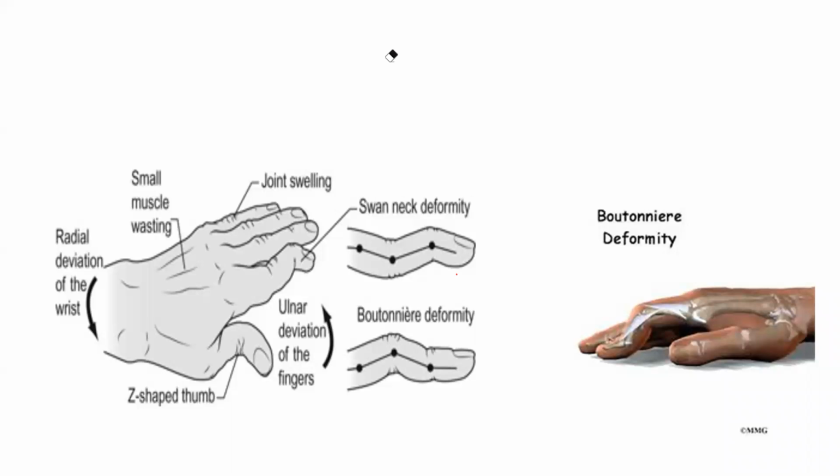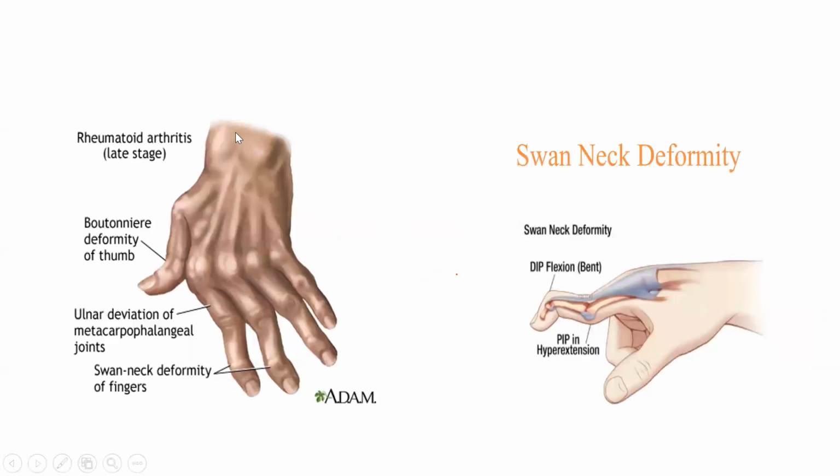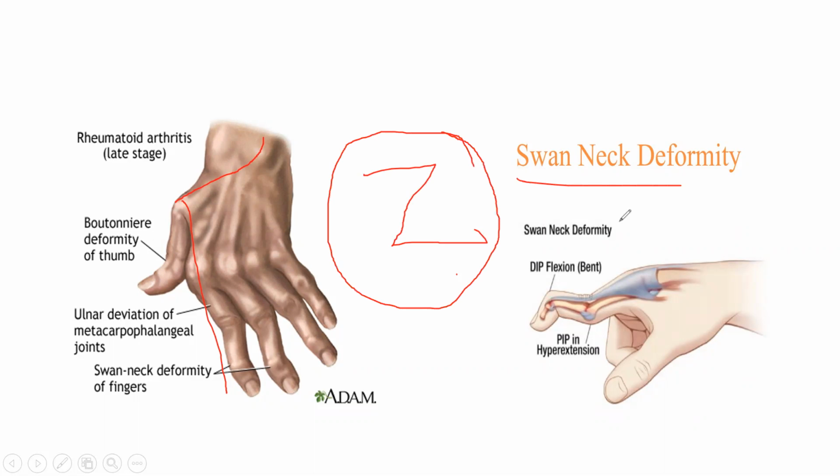So you see this one. Your wrist is deviated this way and your fingers are deviated this way. So it is a Z-shaped deformity of the wrist. So Z deformity of the wrist, swan neck deformity and button ear deformity: these three deformities you find in rheumatoid arthritis. So rheumatoid arthritis means small joints, middle-aged females 40 to 60, then affection of small joints. There are two, three things: swan neck, button ear, and Z-shape deformity.